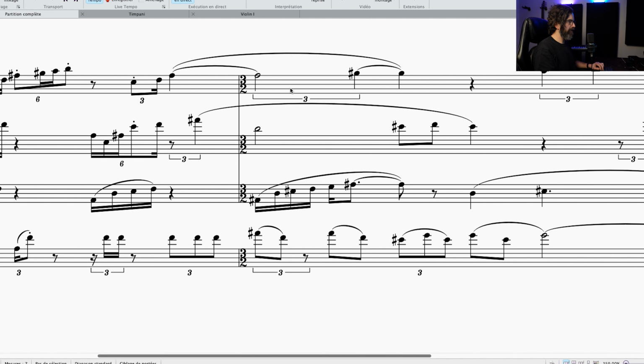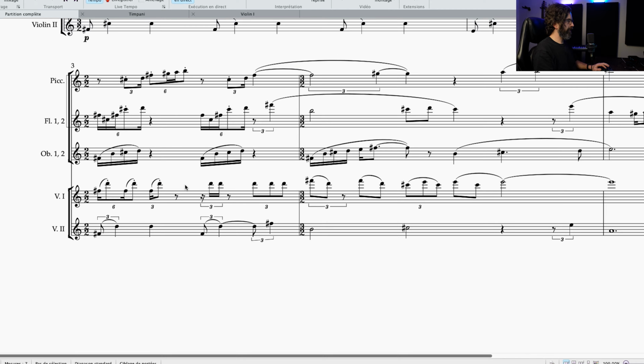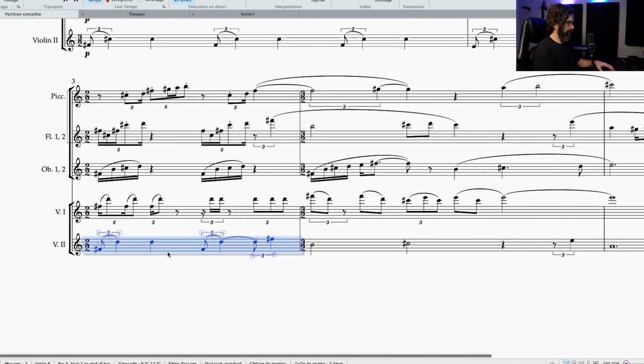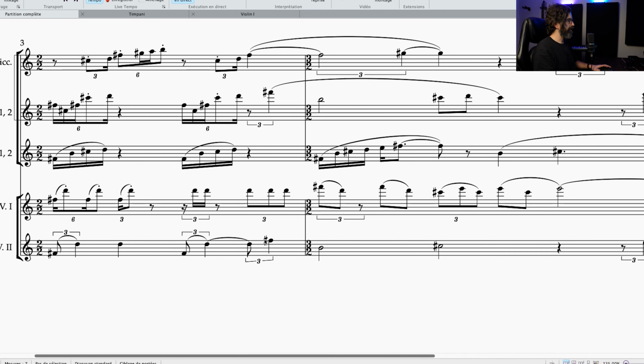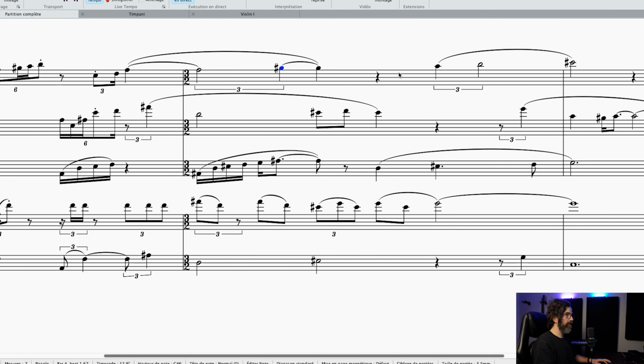Again, I said I wanted my second part to be slowing down, so everybody's doing longer values. And actually, I decided to bring back my original melody, which was on the second violin here. So you see the F sharp is here, F sharp is here, F sharp is here. But see the B is here. I'm holding the F sharp with the piccolo, and instead of going down on the B, it's going up on the G sharp, which is fine because it's leading to the A here and the B here. The B is coming in really late from the melody, and the C sharp is coming a little bit later than my main melody here.